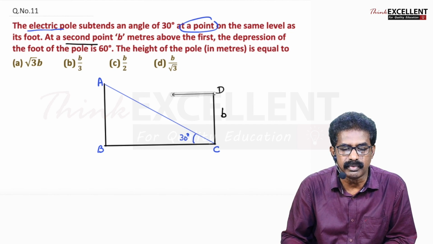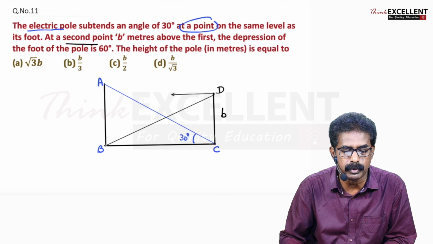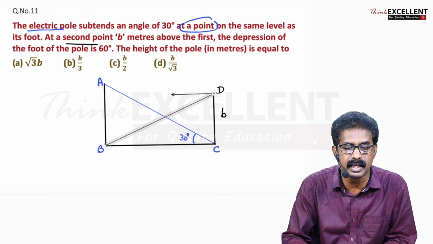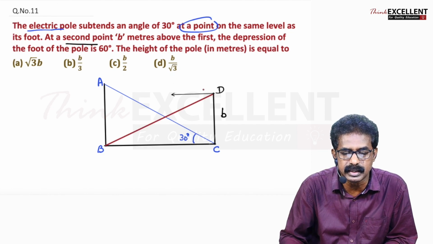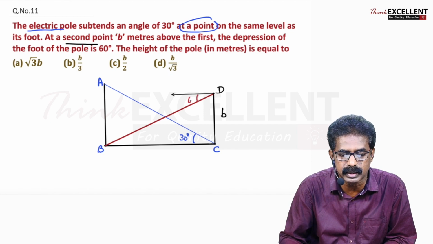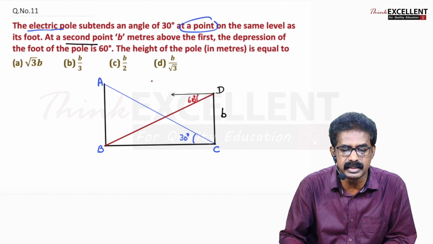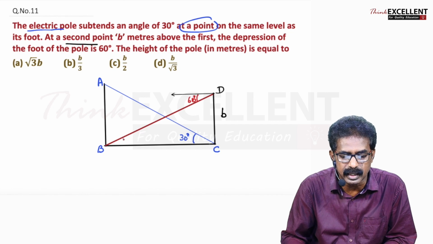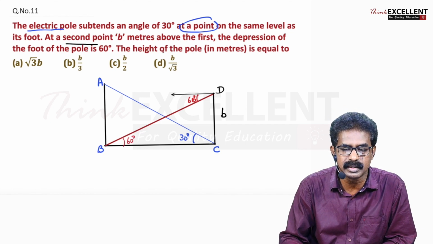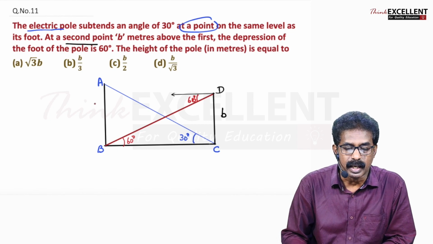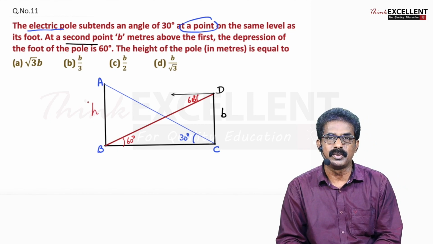The foot of the pole, right? So you are looking at an angle of depression. Angle of depression given as what? 60 degree. Okay, so this angle of depression is 60 degree. If this is 60, you know this angle is also what? 60, alternate angles. Now we see what they asked. Height of the pole. Height of the pole means this AB, you had to find H.